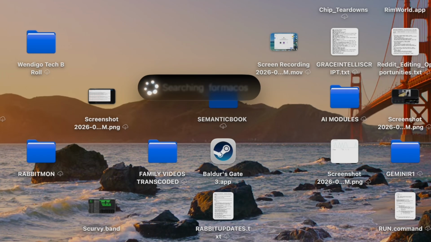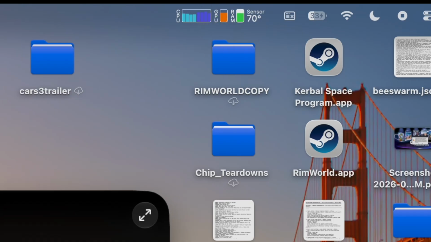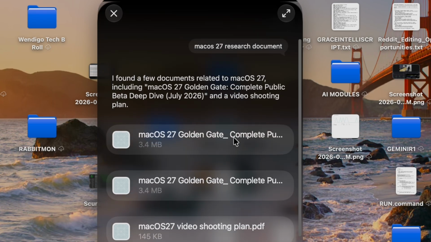I will ask Siri to find it. And you can see I have my power metrics on here. This is actually running on device right now, the on-device Siri. And these are indeed the 3 documents I was using. In fact, I have the 1 document open on my left there. That is really good. Wow.